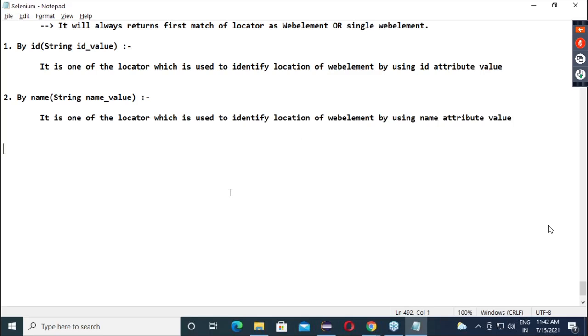Right now my agenda, guys, is to learn all the locators: how ID works, how name works, similarly how class name, link text, partial link text, and CSS work. First we will finish the locators, then we will see which one we have to prefer where. That is a different story. Clear up to that?